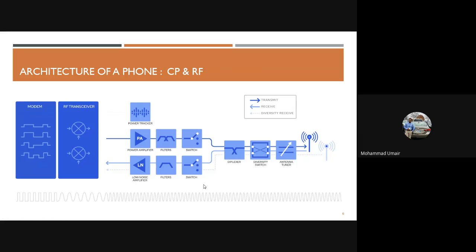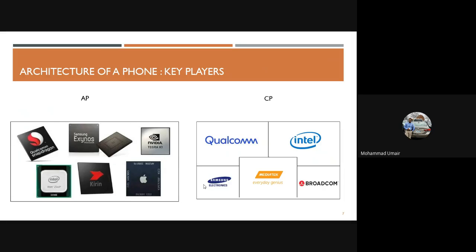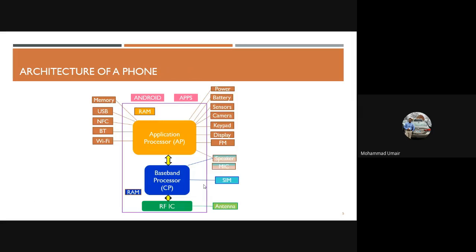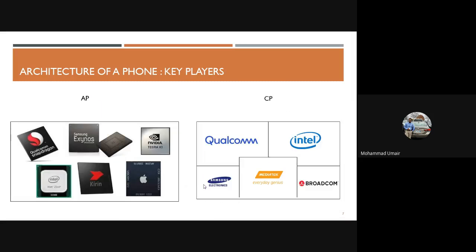So that is how your signals are getting transmitted. And then again, as I said, there are two fundamental processors on the phone. There's a lot of competition in the market. I've listed down some of the key players who are manufacturing these processors, or the chipsets as they call them. So one thing that we need to know here is